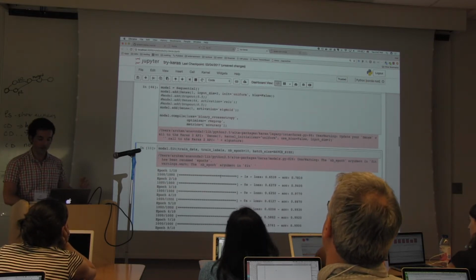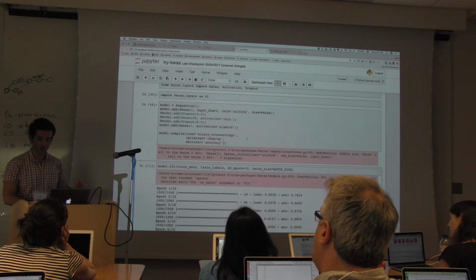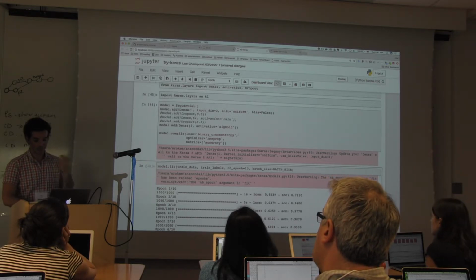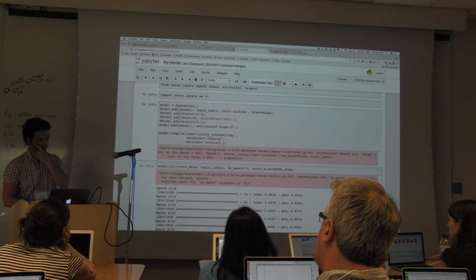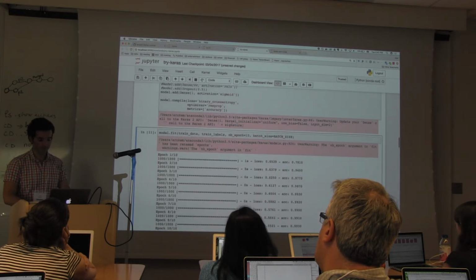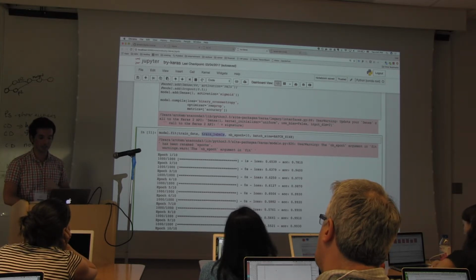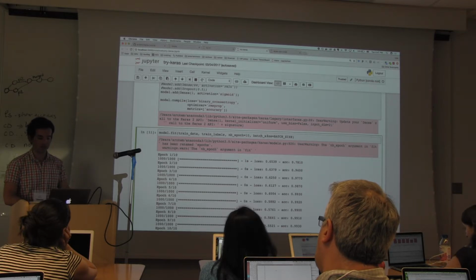And the API that I use here actually is not the newest API, so I should update this, but it's similar. They changed when they went to a new version. And then I can go and say, okay, I've compiled this model, now fit the model for me. Here's some training data, here's some training labels, do 10 epochs with batch size set to something, and it goes